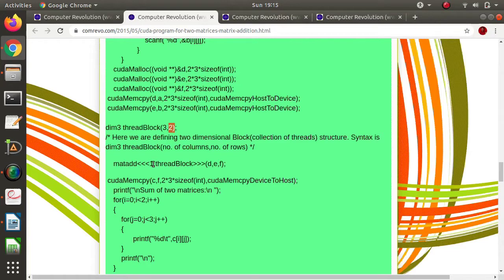So in that one block we are creating two-dimensional thread structure, and how many threads are there? 3 into 2, that is 6 threads are there. And for that again we have used the data type dim3, which is provided by the CUDA library, and one name we have given. Any variable you can use there, and same variable we have to mention here. So here one block we have created, and we have created 6 threads in that block.